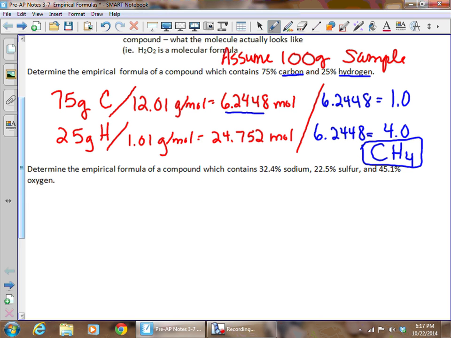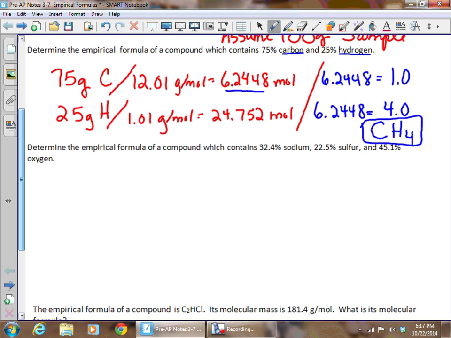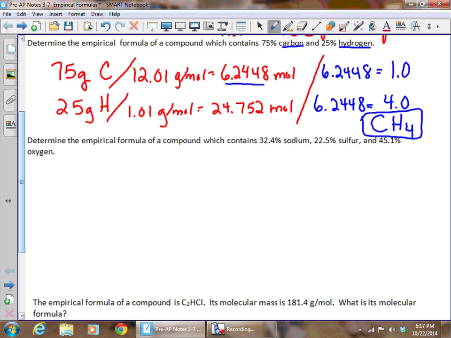Let's do a little more complicated one. This next one says we have a compound with 32.4% sodium, 22.5% sulfur, and 41.5% oxygen. And we want to know the empirical formula for that compound. So we're going to do the same thing we did before. All of those values should and better add up to 100%. So we're going to take that, assume a 100-gram sample so that we can simply say that for every 32.4